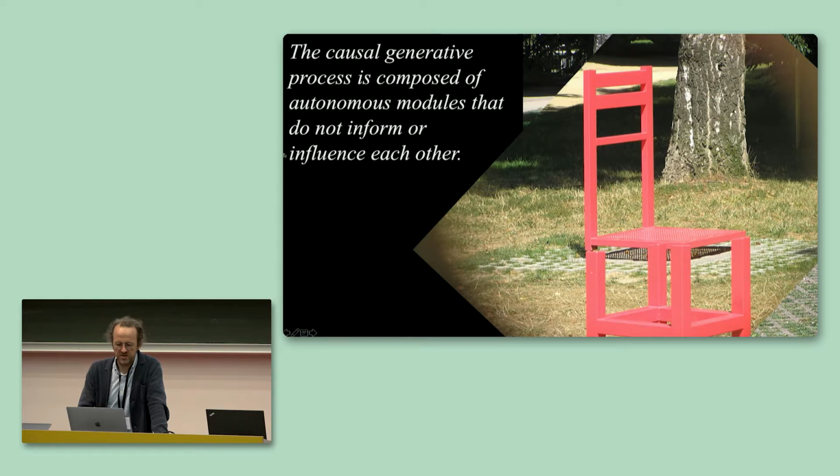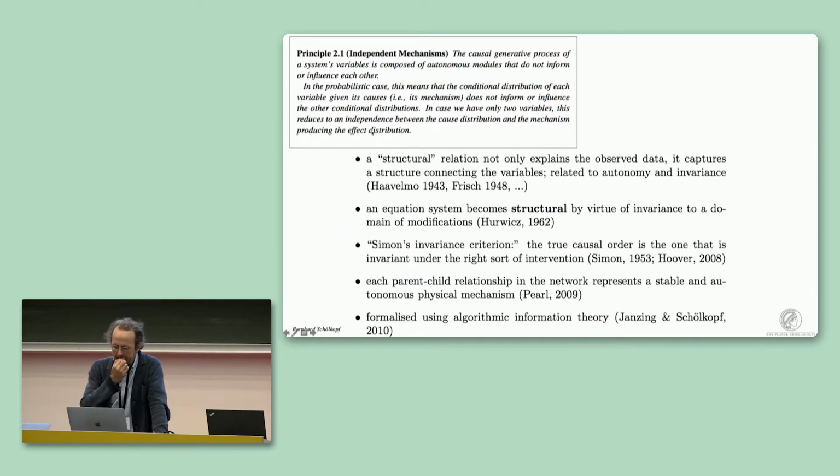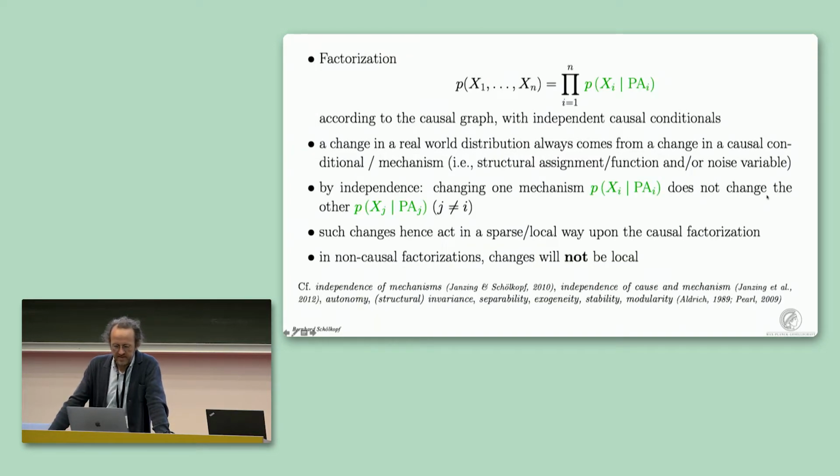So I've talked mostly about the influence. We also use this in some algorithms. One can formulate this more mathematically, but I also briefly want to say that these kinds of thoughts have been around for a long time. In the early days of causality, people in economics, econometrics, thinking about structural equation modeling, etc., were already thinking about this kind of thing. So this is like most good ideas: this is not a new idea. In various guises, it has been around for a long time.